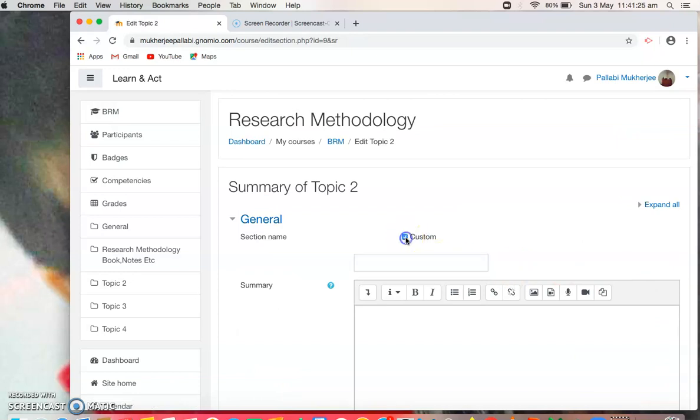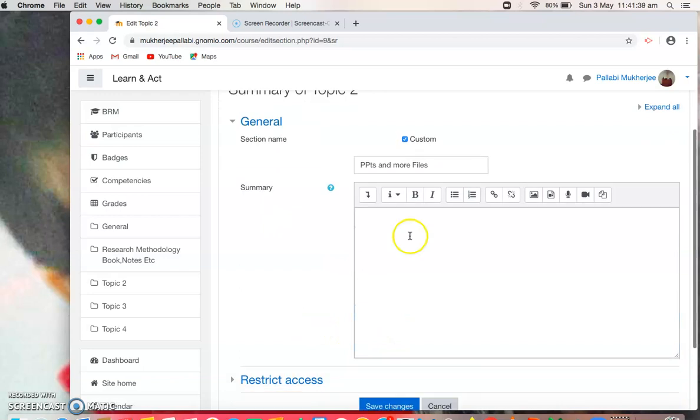As you turn editing on, you can go in topic 2 and click on edit topic. You first have to click on custom and you can edit this topic as PPTs and more files maybe. If you want to add a summary to this, you can say I will add some new PPTs or files and videos.